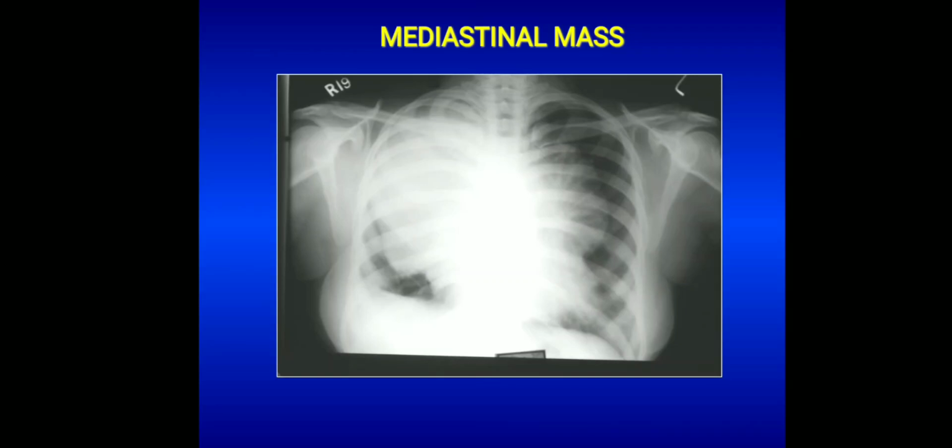So next, coming to mediastinum. Just to highlight, the mediastinum is an important component of the thoracic cage. You can revise your anatomy of the mediastinum. It has anterior, middle and posterior mediastinum. So masses can occur in the mediastinum as well. We have to take a PA view to look for a mediastinal mass. As you can see in this PA view chest X-ray, there is a large mass in the mediastinum extending across the midline. To confirm which compartment the mass is in, we have to take a lateral chest X-ray and confirm whether it's in the anterior, middle or posterior compartment.